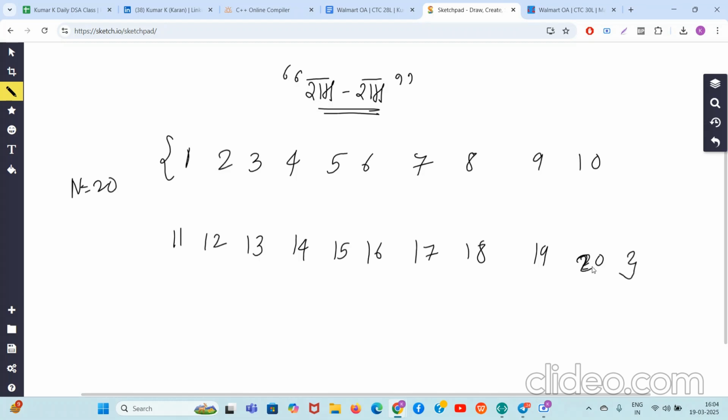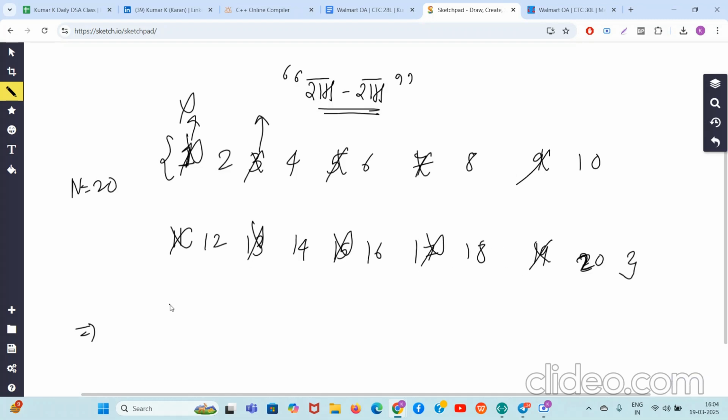So guys, now what we can do is, listen to me very, very carefully, okay? First, n by 2 elements are odd numbers, so I will remove these. You understand that you have to remove all the odd numbers, right? So there are n by 2 odd numbers. You know the formula of odd numbers: in n, there are n by 2 odd numbers, and if n is odd, it is n by 2 plus 1. This much knowledge you should have at this point, right?